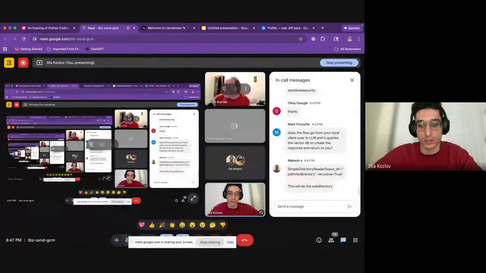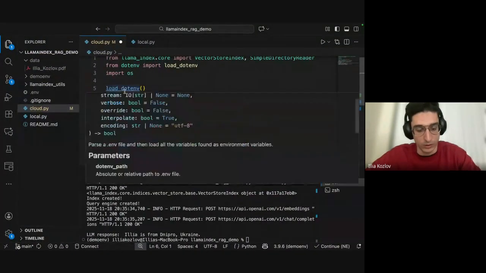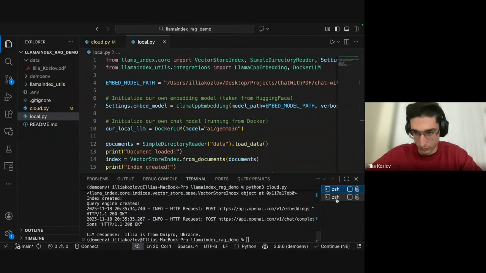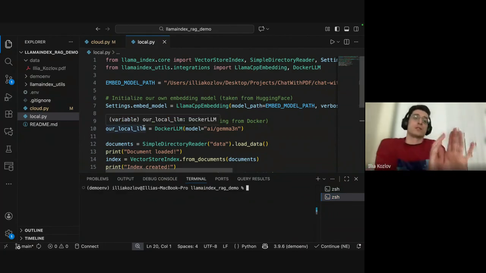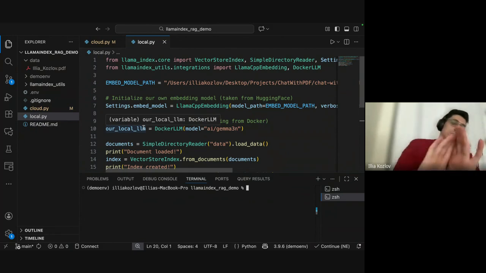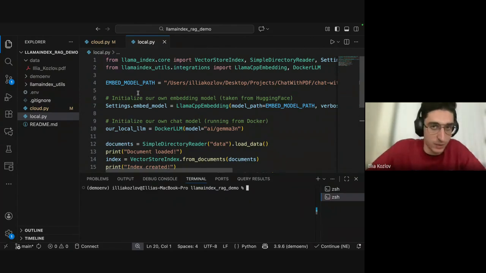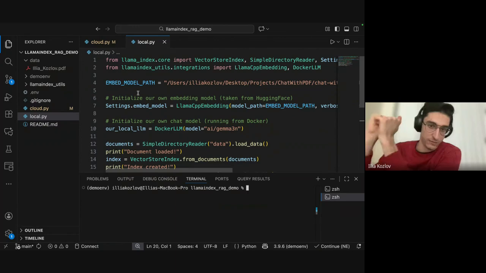So I'm done with demoing the cloud example. Now I'm gonna move on to a local example right here. This is gonna be the same script, but there's a few differences, and it's slightly more complicated. Basically, what I wanted to see is, can I set up the same pipeline but avoid using ChatGPT, OpenAI's model API? Because first of all, I'm paying for it, and second of all, I'm giving my